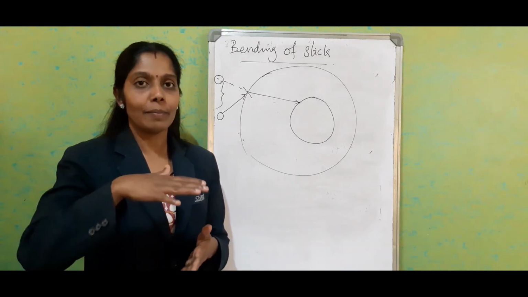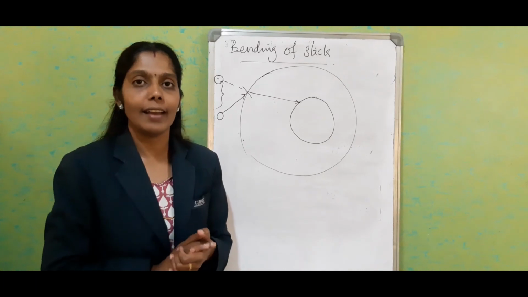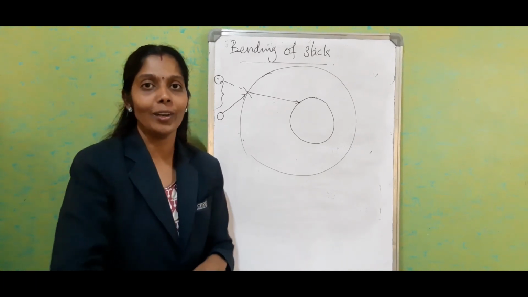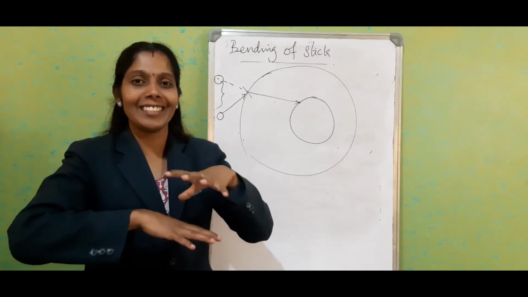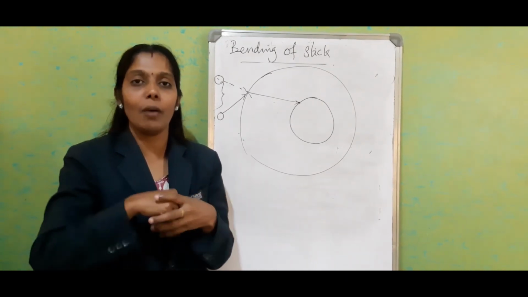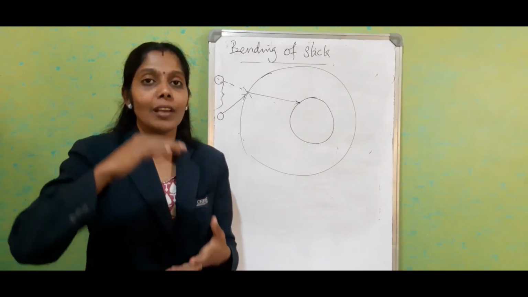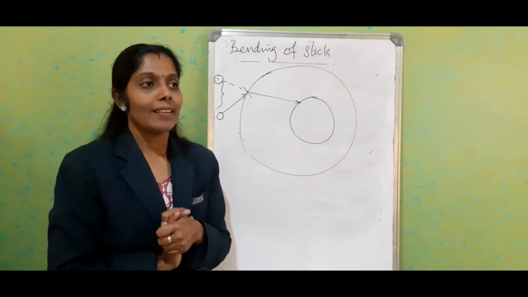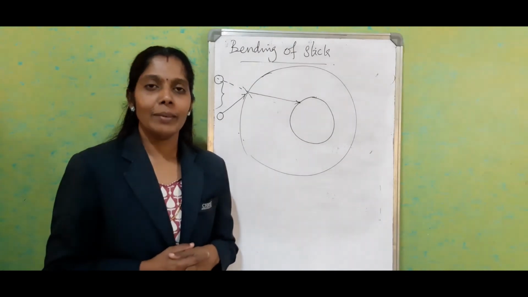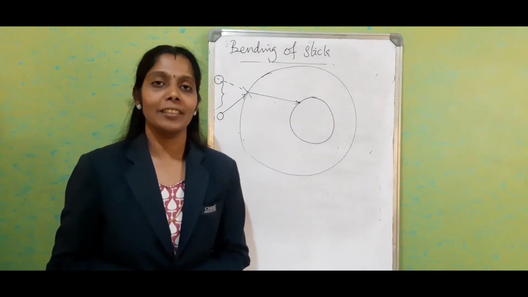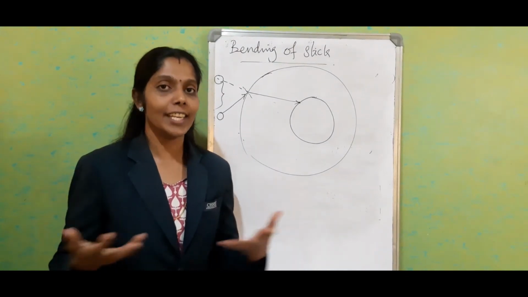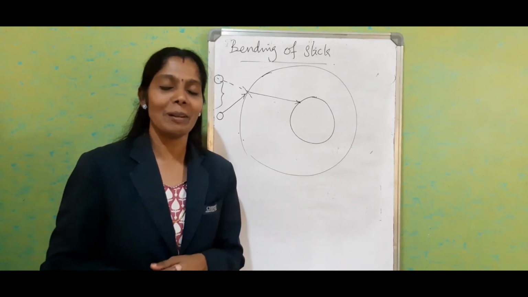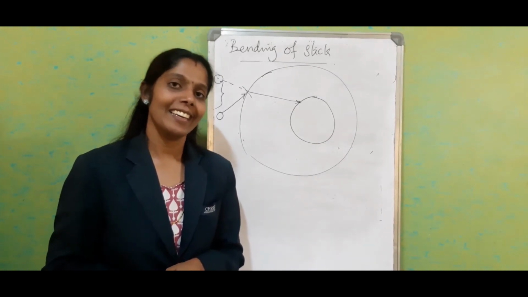Or if you keep a coin, we already discussed that, and if you keep your leg or hand inside the water, you feel it is bulged and the size is a little shortened. Why are you feeling it's bulged? Because the actual length is feeling like a cut short one. So these are some of the common applications of refraction we see in nature and in our day-to-day life. You find out more applications of refraction. Thank you.